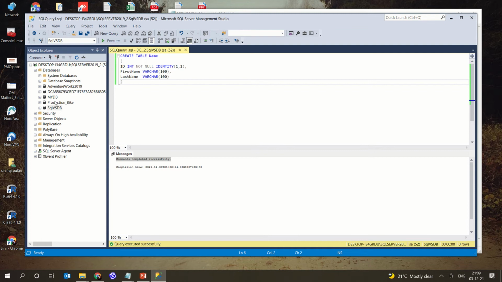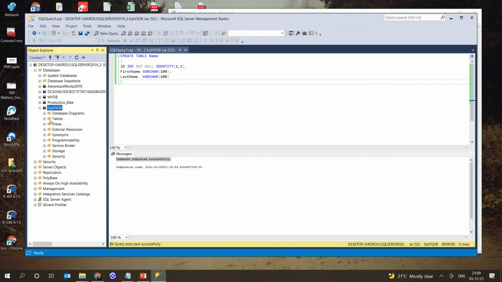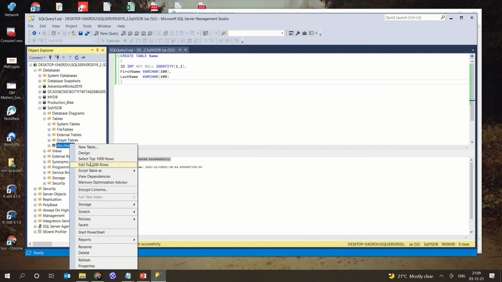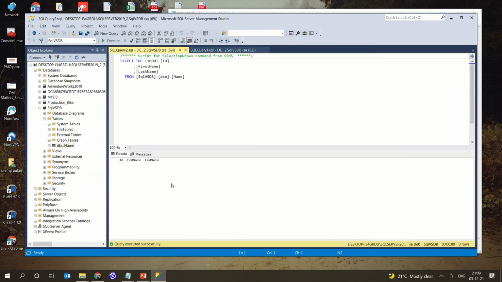In the SQL query you could see in the tables, you could see dbo.name. When I right click on that and select Design, it will show you the design of the table as ID, first name and last name. We don't have any data entered into it, so there is nothing to display.